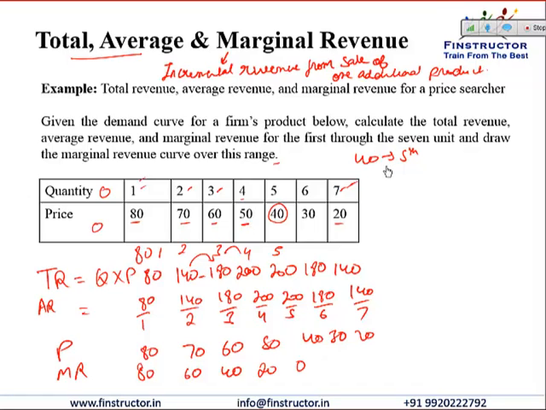So you're gaining $40 on the 5th shirt, but you're losing $40 because you're selling the 4 previous shirts which you were selling for $50 now $10 lower. So $40 lost on 4 shirts on which you have to cut the price, because if you're selling 5 shirts, then the price that the market will absorb is $40. So producing and selling the 5th shirt actually didn't give us any additional revenue. We would have probably had to incur a cost of making this 5th shirt, but we still didn't gain anything